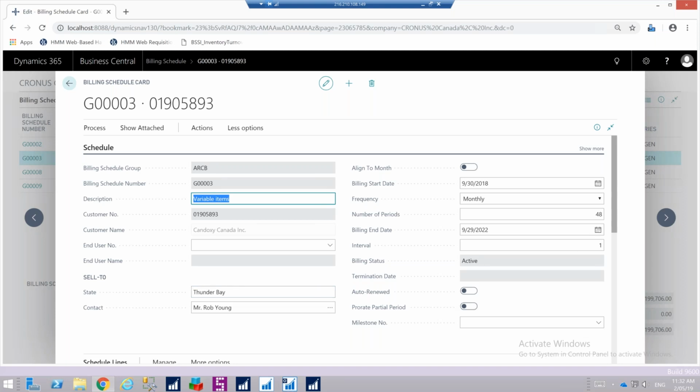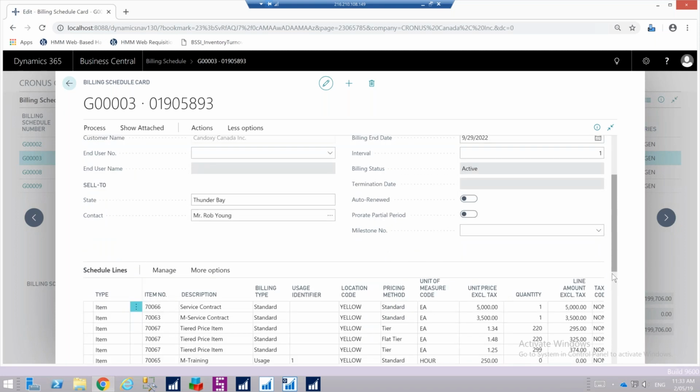Very important aspect here, an interval of 1. Some of our clients said to us, look, I want to capture my data every calendar month, but my contracts say that I'm only going to bill my client every 3 months, every quarter. So I could say, yeah, it's a monthly contract, but I'm going to put a 3 in here, and that customer is only going to get invoiced every 3 months. So I can capture the data every month, but I invoice them once a quarter. So that's a default. Typically, that's left at 1,